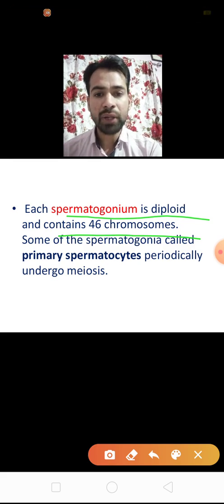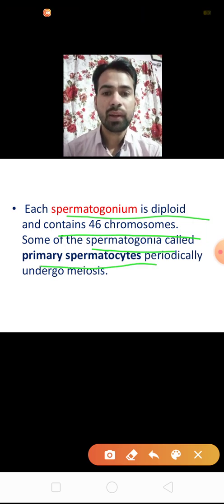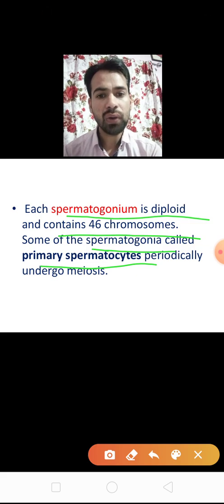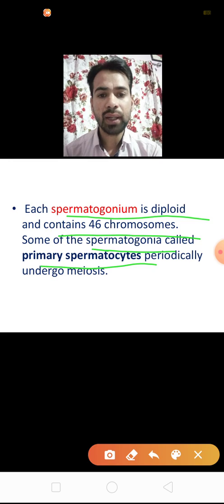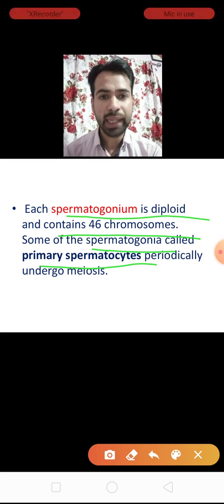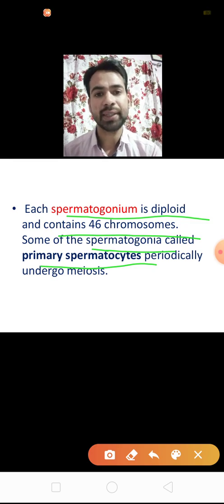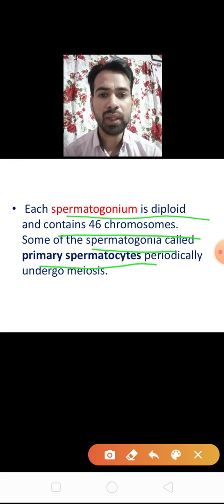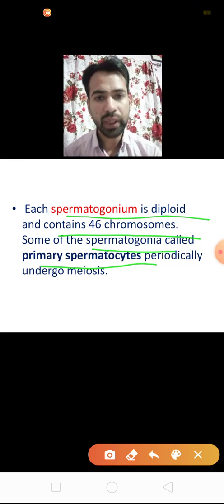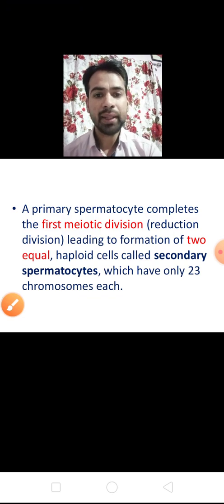Some of the spermatogonia periodically undergo meiosis. Means in spermatogonia, the meiosis division takes place and they produce the primary spermatocytes. Okay, the primary spermatocytes are formed from the spermatogonia. Okay, clear? Now these primary spermatocytes